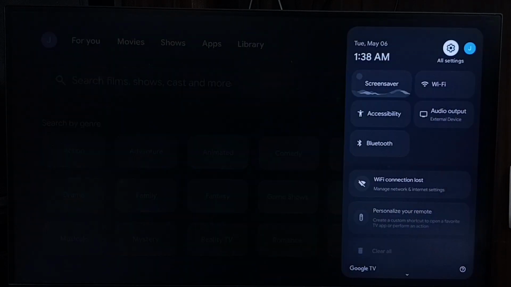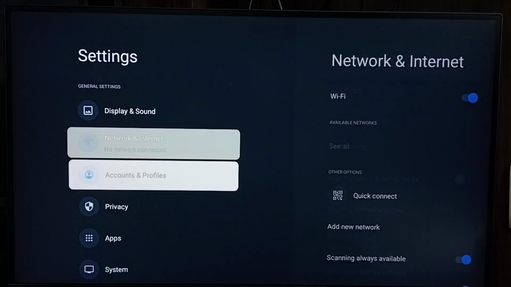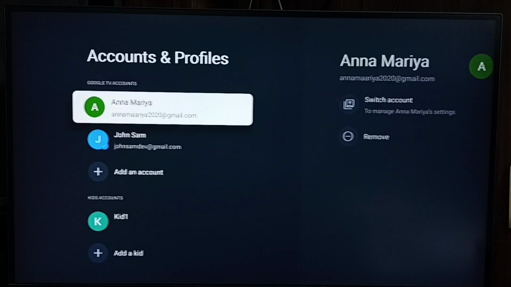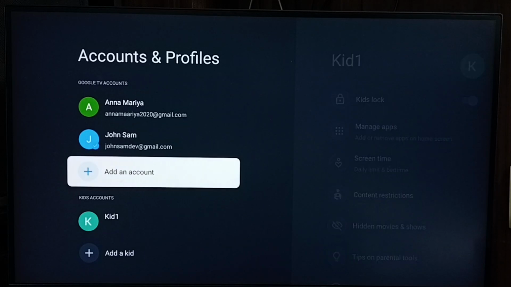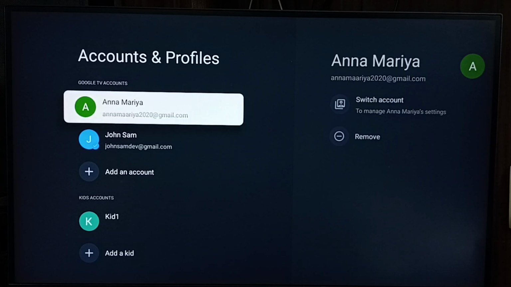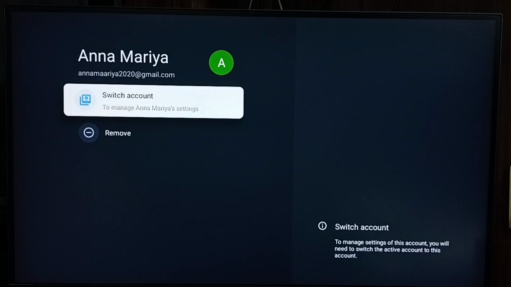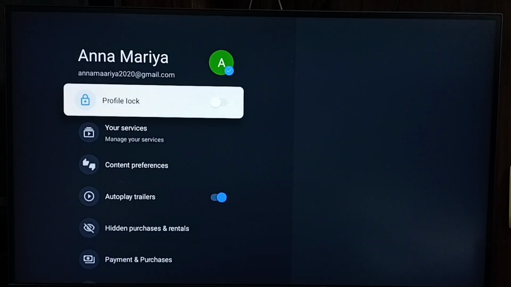Method 3, select the settings icon from the top right corner. Go to accounts and profiles. Here we can see the accounts Anna, John and Kid 1. From here also we can change. Select one account, select switch account. Done. So these are the three